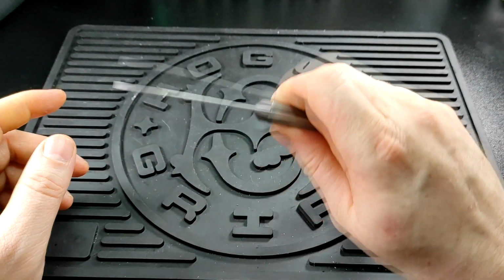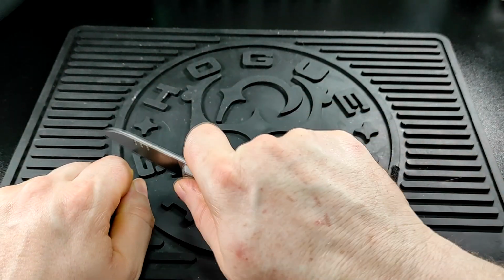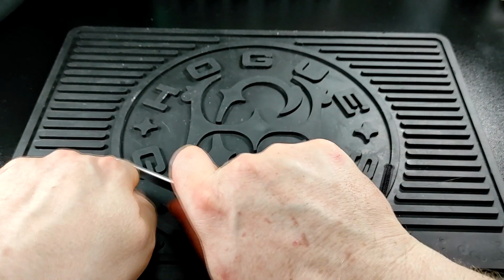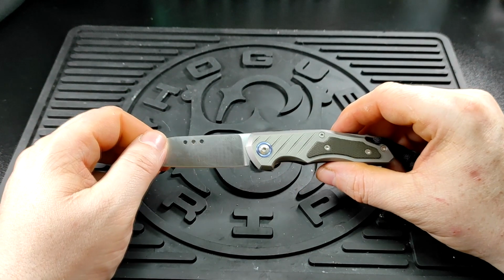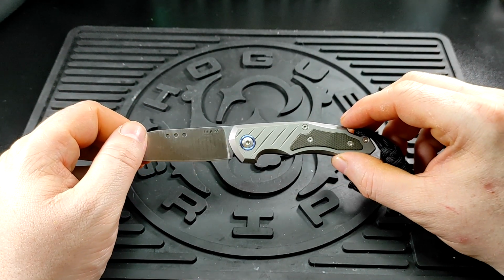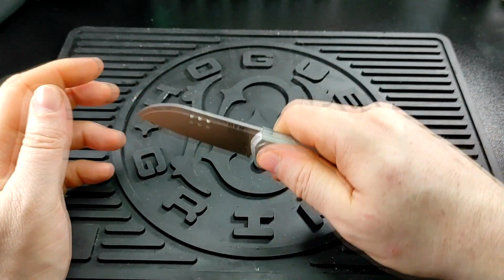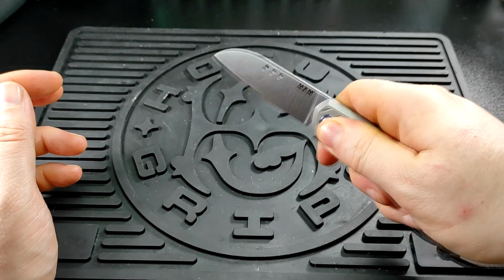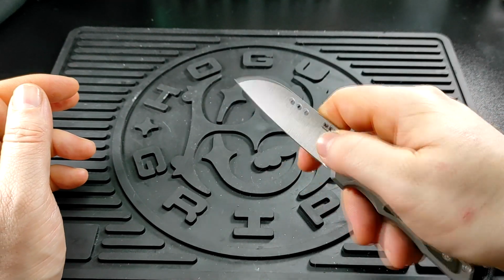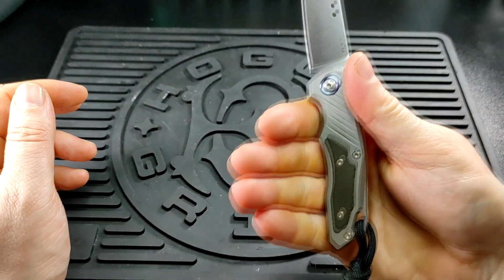I have been conscious that is a way to use it, but that's more for chopping food, I guess, and I haven't been doing that. I just use these for boxes and stuff at work, so I haven't really tried that grip, but it does seem to work quite well in that grip. Of course, you can get right up on the blade as well if you want, but the grip that I use, which is like that,